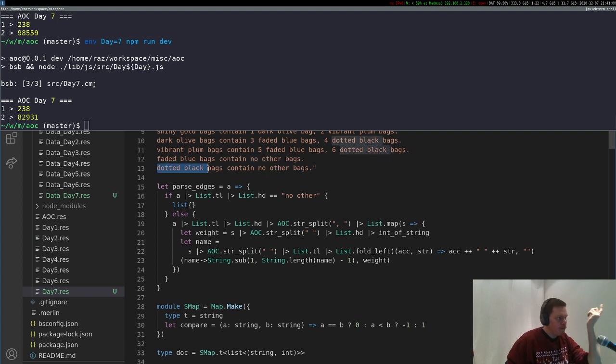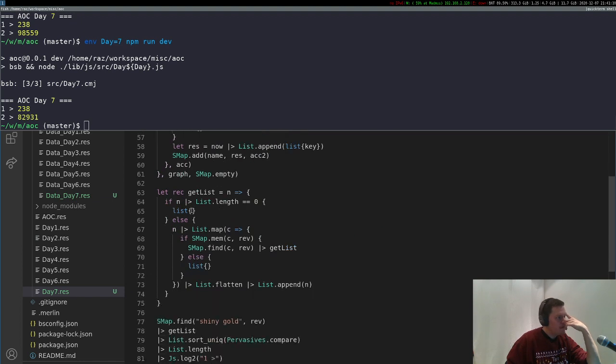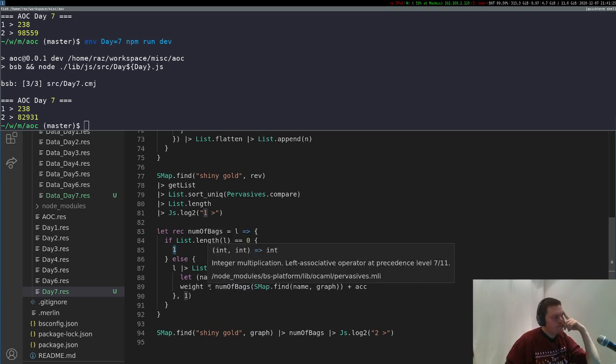Because if we look up dotted black bag, it would have an empty list. And that's what we would send into it here. So dotted black bag, we'll send that into, so that will return 1. We get back